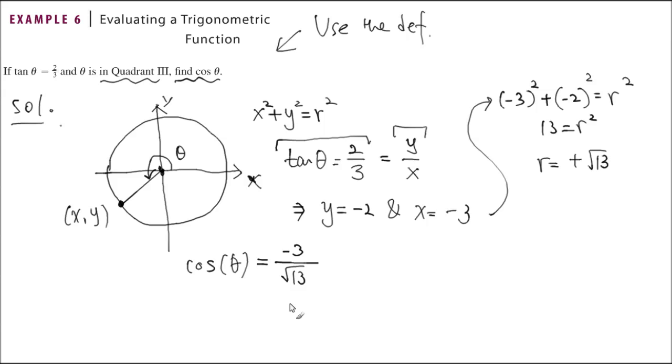Right? Well, it didn't ask for sine, so let's do that sine as well. Sine theta is negative 2, y coordinate there, divided by root 13. That is the sine and cosine value. Right? So they usually give you one trigonometric value